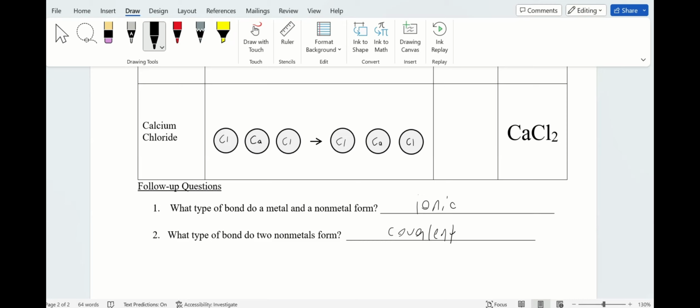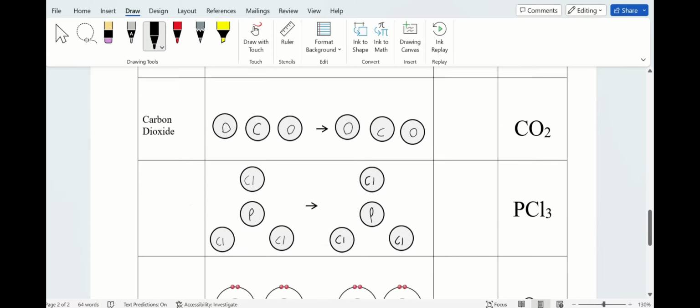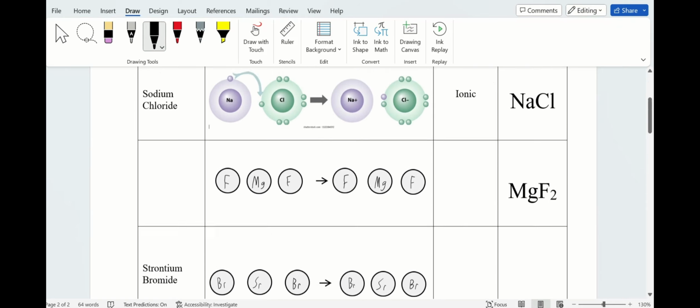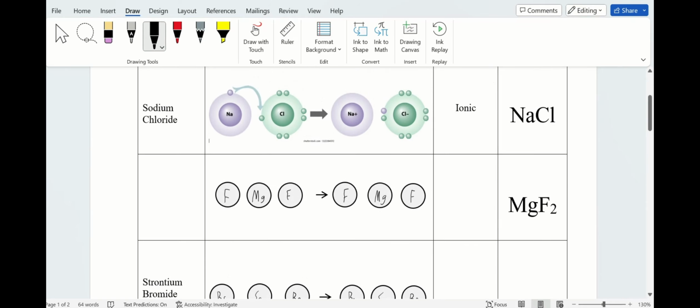So one of the first things we're going to do before we start trying to draw anything is we're actually going to first try to figure out, is this ionic or covalent? And again, we're going to do that before we name them. So first things first, this MgF2 here. What we're going to do is write in ionic,